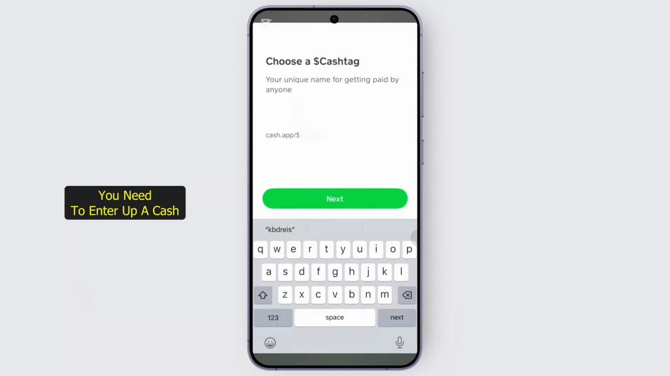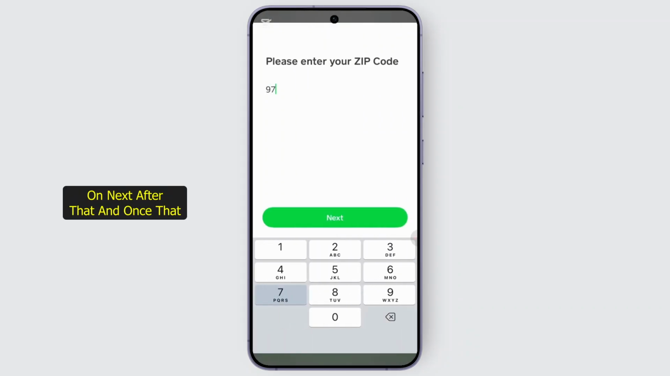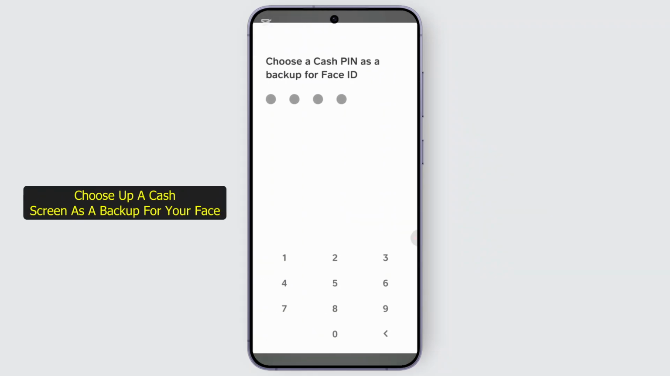Once done, you need to enter a cashtag. So go ahead and choose a cashtag for yourself that will be used for getting paid by anyone. So go ahead and tap on next after that. And once that is done, you need to enter your zip code again and tap on next. And you need to choose a cash PIN as a backup for your